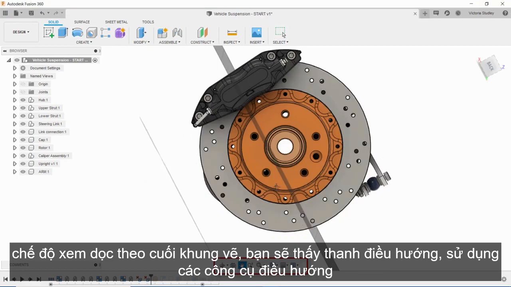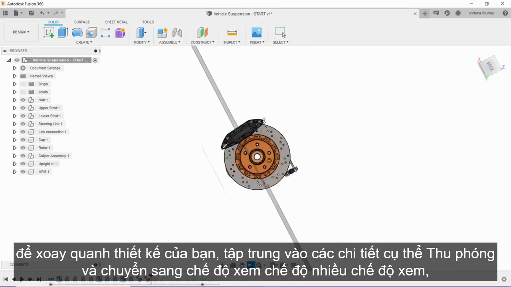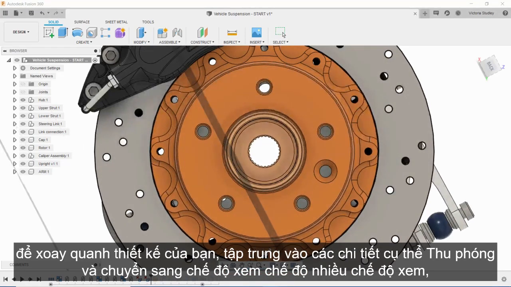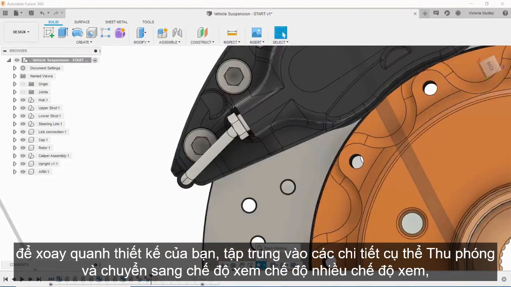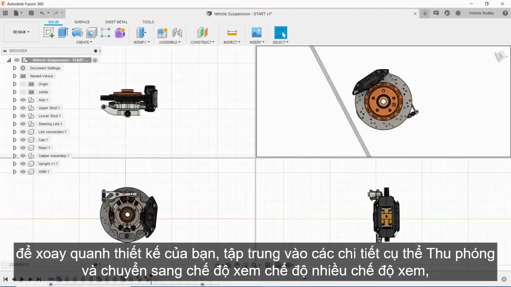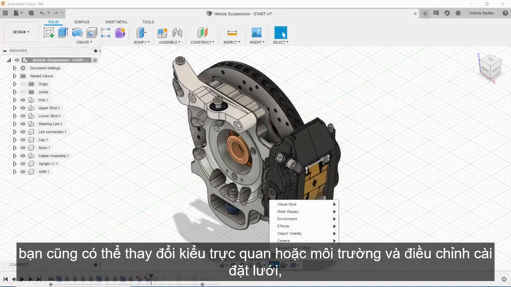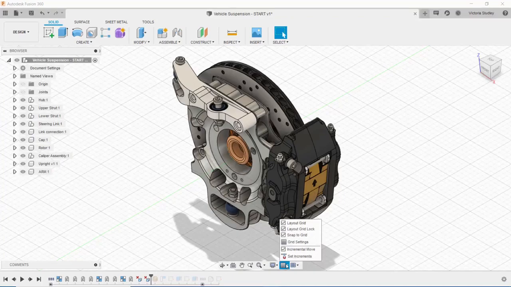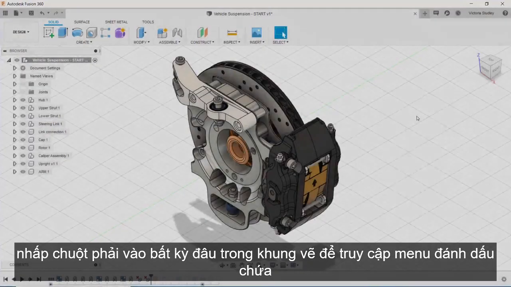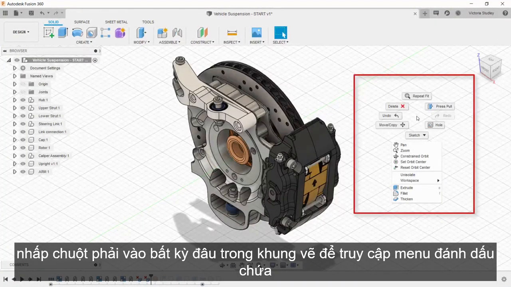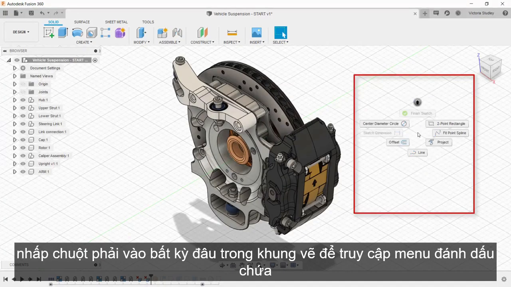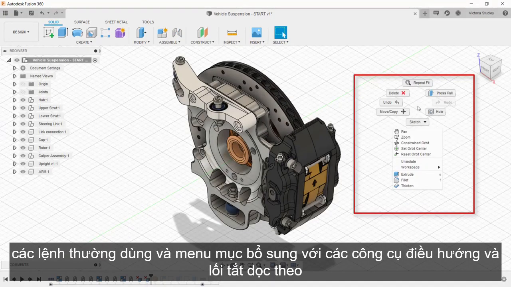Use the navigation tools to orbit your design, focus on specific details, zoom, pan, and switch to a multiple views mode. You can also change the visual style or environment and adjust grid settings. Right-click anywhere in the canvas to access the marking menu, which contains frequently used commands and an overflow menu with